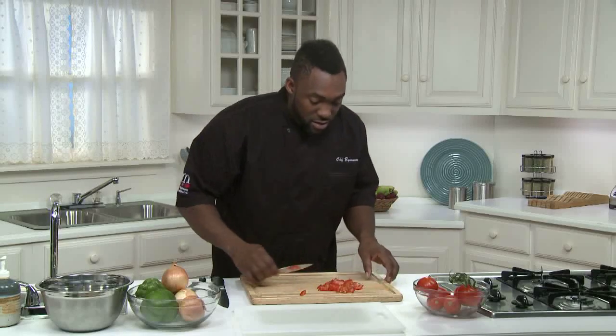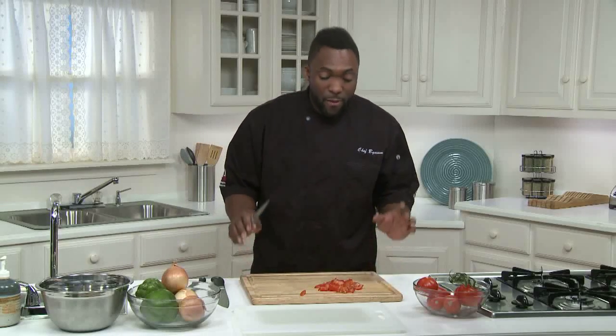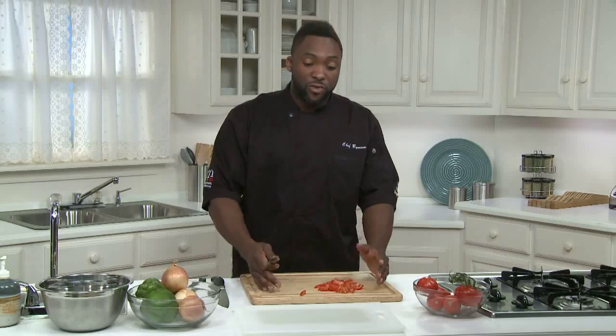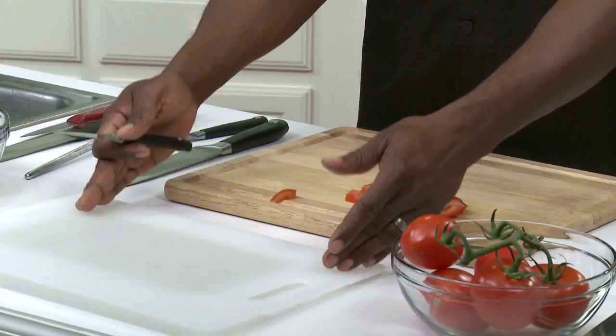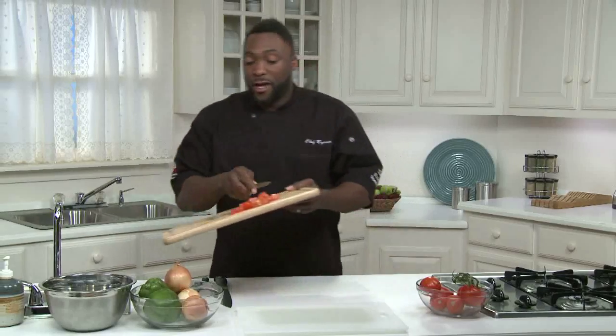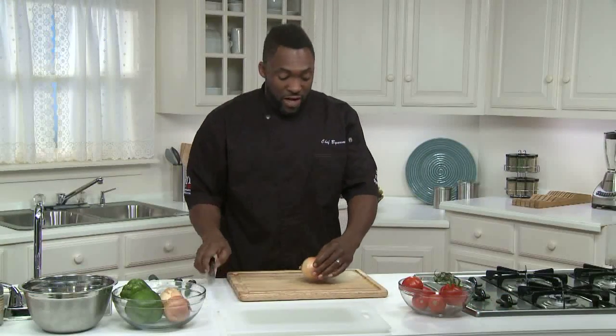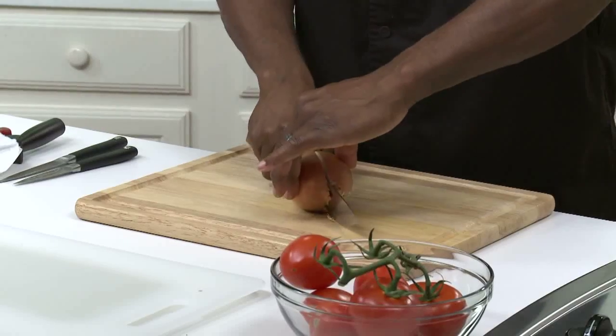So that's the tomato. What I also like to do is I used to like to use two cutting boards, one for vegetables, one for meats, so you don't cross-contaminate and get raw juices if you're not cooking it properly. With the onion, we'll cut it in half, so we'll have a flat cutting surface,